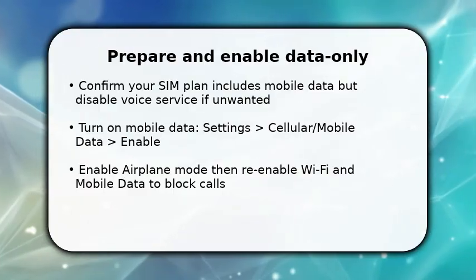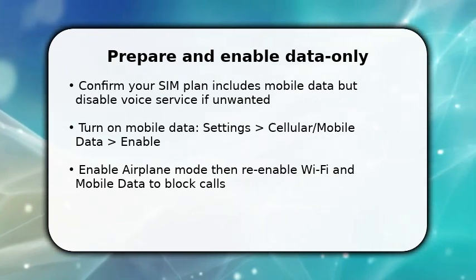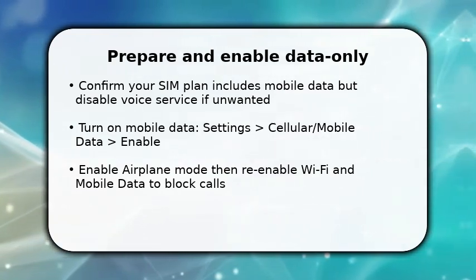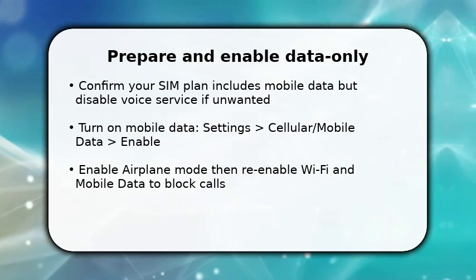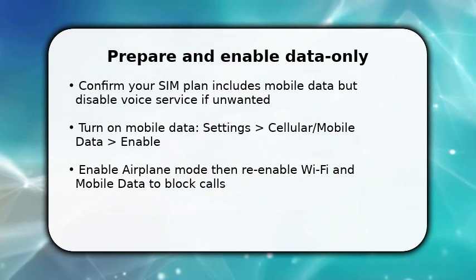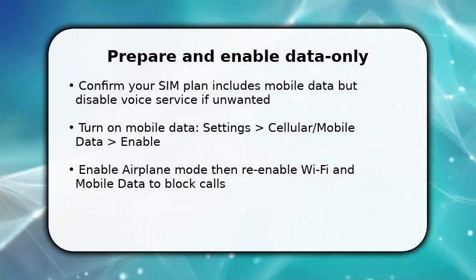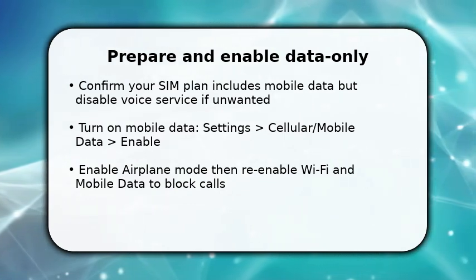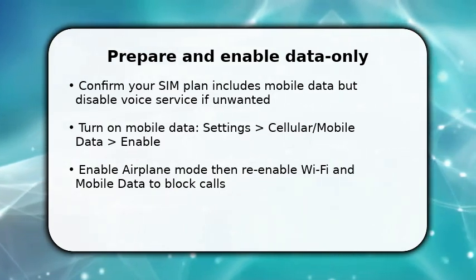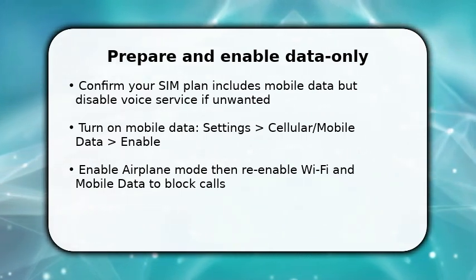You start by verifying your plan and device settings so data works without voice. First, make sure your SIM supports mobile data. If you want no calls, ask your carrier to disable voice or use a data-only eSIM. Once done, enable mobile data in settings and test a browser page. The airplane mode trick, turn on flight mode, then manually re-enable Wi-Fi and mobile data, prevents incoming calls while